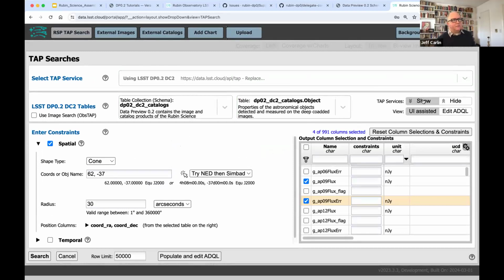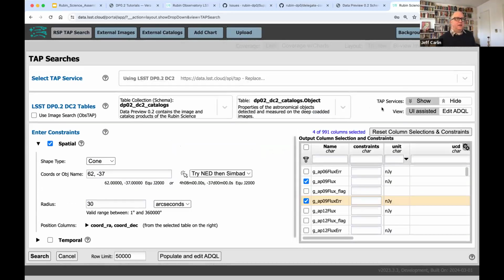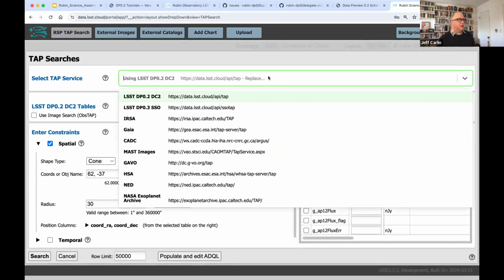So you'll note that that bar that just showed up at the top is hidden initially. So you see hide is highlighted here. When you click show TAP services, this gives you the option now. There's a drop-down menu to switch, because it's a completely separate database, the DP0.3 data.